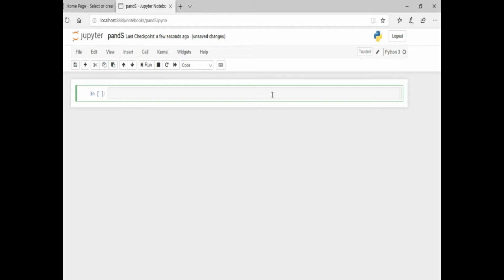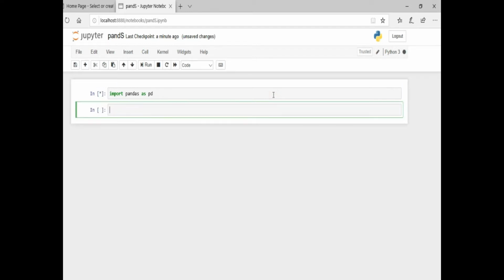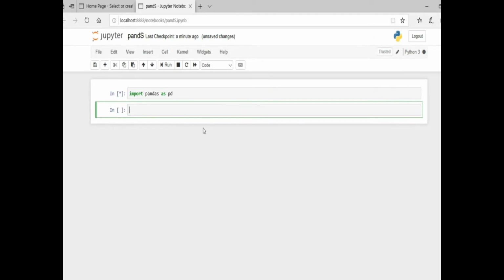As we saw in the previous video how you can load your data using the pandas library, let's do it. I will use, sorry, no capital, import pandas as pd. So we have loaded the library. Now let's run it by pressing Shift plus Enter. So here I have imported my pandas library, and now I will load my dataset.